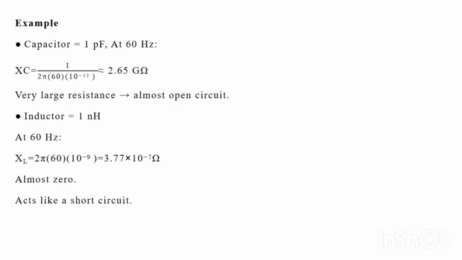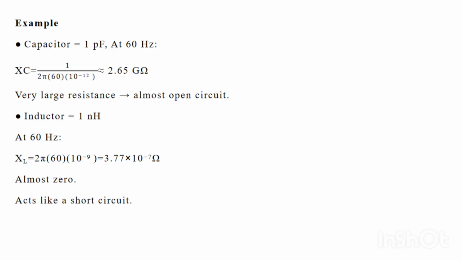Okay, so let me consider I'm going to use a huge capacitor value. Actually, I'm not going to use a huge capacitor value. I'm going to use a very small capacitor value, C, that is equal to 1 picofarad. Pico is a very small value, which is 10 to the power of minus 12. And the frequency value which I'm going to use is very small. So in that case, when the frequency value is very small, the capacitive reactance value is huge, which means the opposition provided by the circuit will be huge.